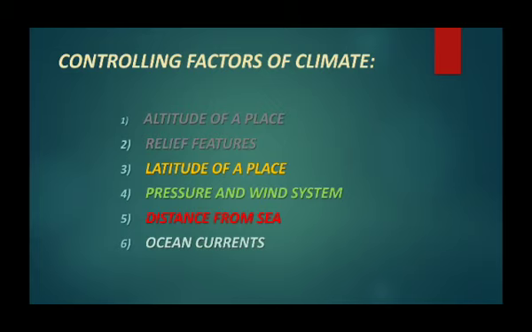Now, in today's part second of E-Class, we are going to discuss the other controlling factors like latitude of a place, pressure and wind system. As I already told you, this is the main reason responsible for the reversal of monsoon winds, and distance from sea and ocean currents. Now, if we take the latitude,